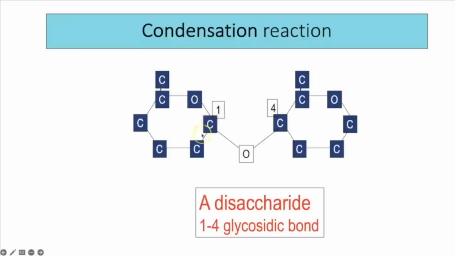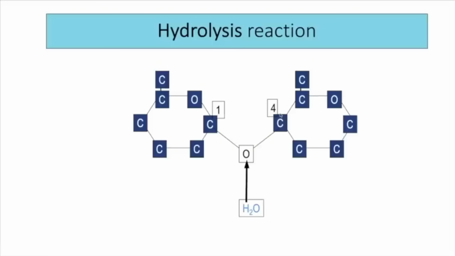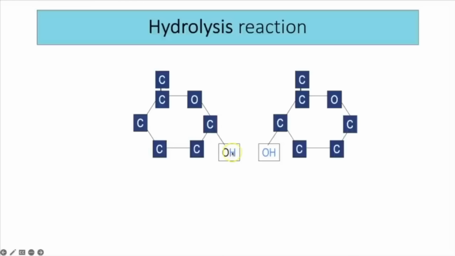So this would be carbon 1, 2, 3, 4, 5 and 6. And same on this one, 1, 2, 3, 4, 5 and 6. So this is a 1-4 glycosidic bond. The opposite of that, hydrolyzing, would be breaking that bond through the addition of water. And in doing that, the water is added back in to those hydroxyl groups, and now we go back to